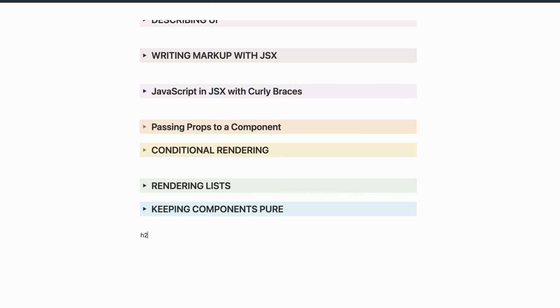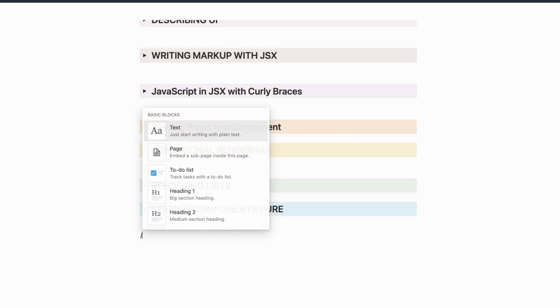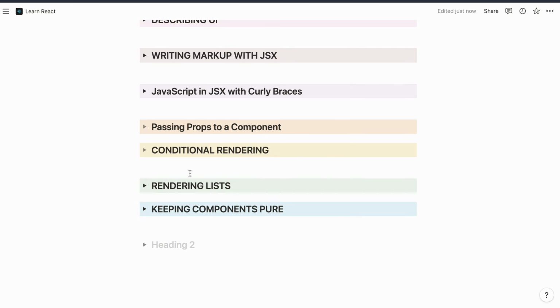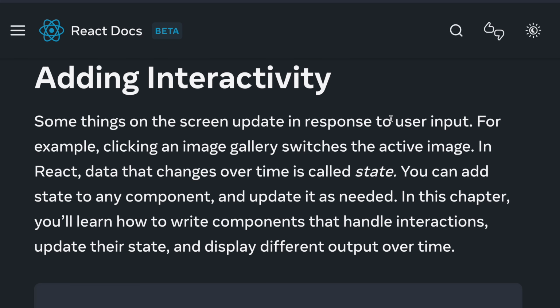Okay, let's add a toggle bar. Okay. So first things first,